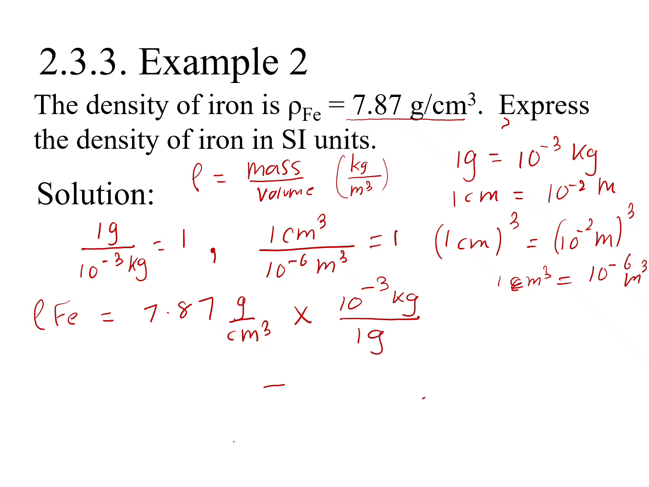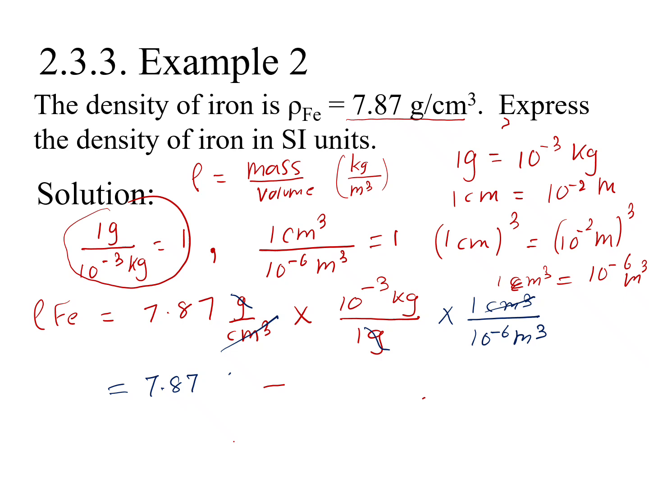So if you notice here, I used the fraction that would cancel out the grams from what we have, right? So instead of using 1 gram over 10 to the power minus 3 kilogram, I used here 10 to the power minus 3 kilogram divided by 1 gram. So I can cancel out these grams with it. And then I also multiply this with 1 cubic centimeter divided by 10 to the power minus 6 cubic meter. So my cubic centimeter cancels out, leaving me with